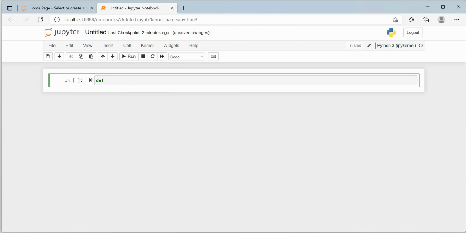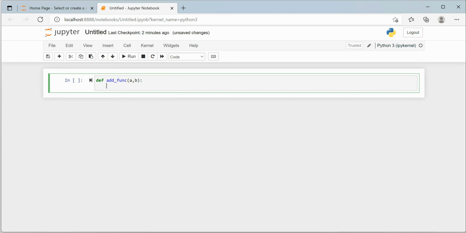If you're not aware how to define a function or what a function is, I would recommend you to watch my previous videos. So here I can say define function, and the function name could be perform addition, or let's make it a simple name, add function. And it will take two parameters and simply return the sum of these.